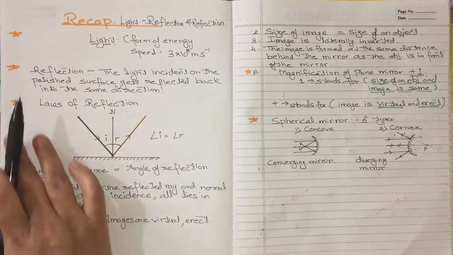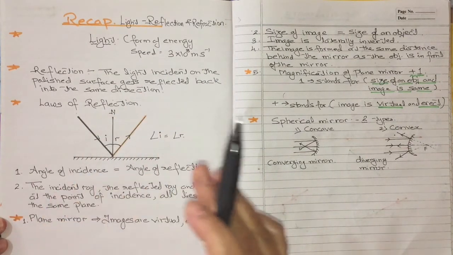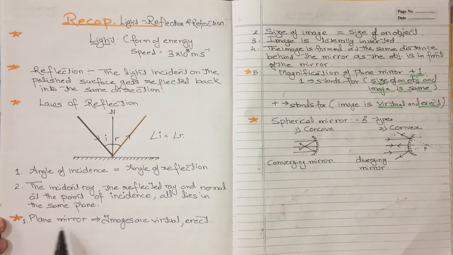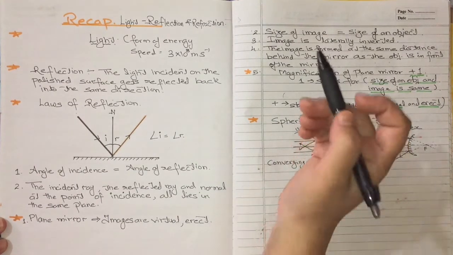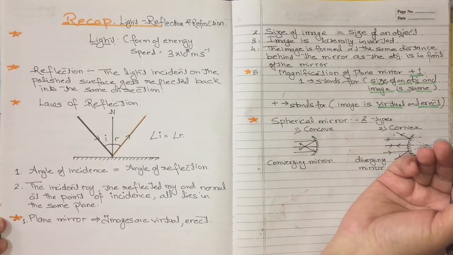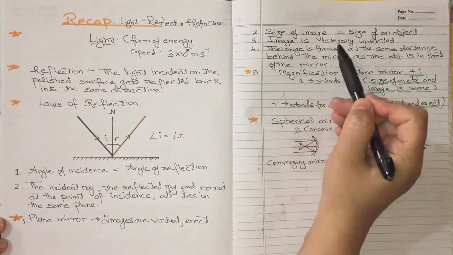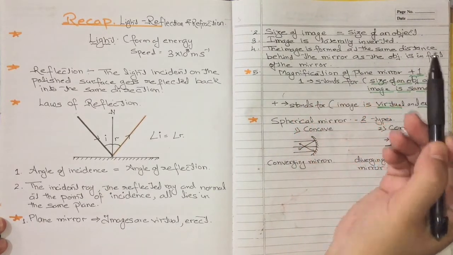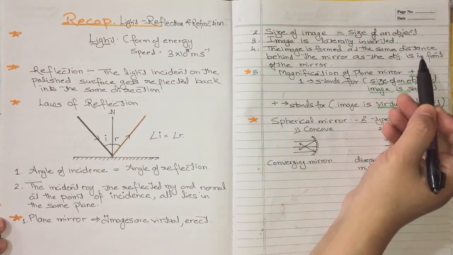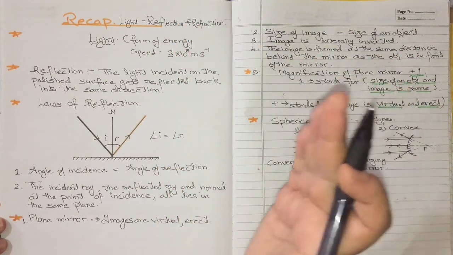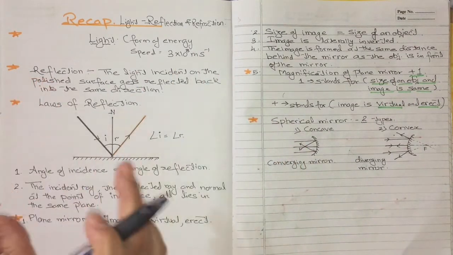So this plane is nothing but over here the plane of the paper, and if I am writing on the board, then it will be the plane of the board. Now coming to the plane mirror, we did images on plane mirror. Images on plane mirror are virtual and erect. What about the size of the image on plane mirror? The size of the image and the size of the object are the same. Images are laterally inverted in plane mirror. The image is formed at the same distance behind the mirror.